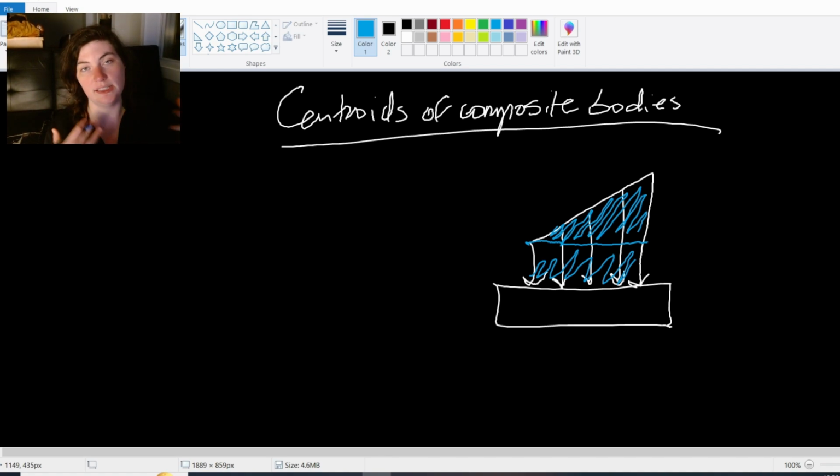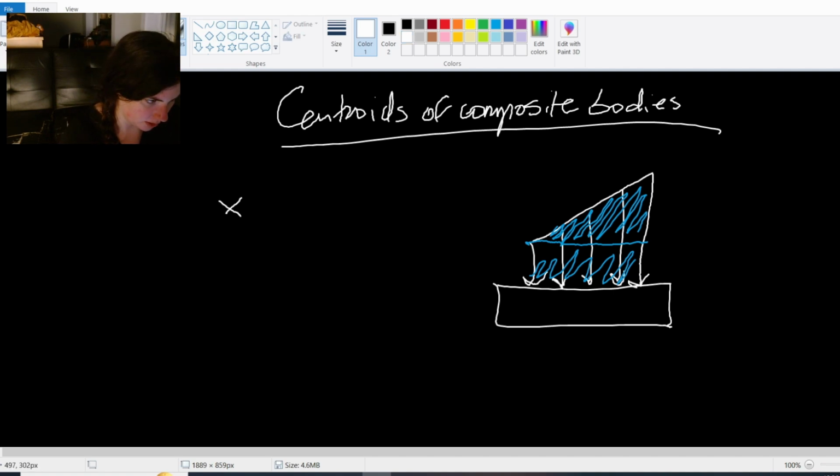This is going to be the exact same idea, where we're going to have shapes that we're already familiar with or that we can easily work with to get our areas and find the centroid of the individual shapes, and then bring those together in our equations. So now the equations that we're going to be working with aren't integrals, but instead are summations. So very similarly,